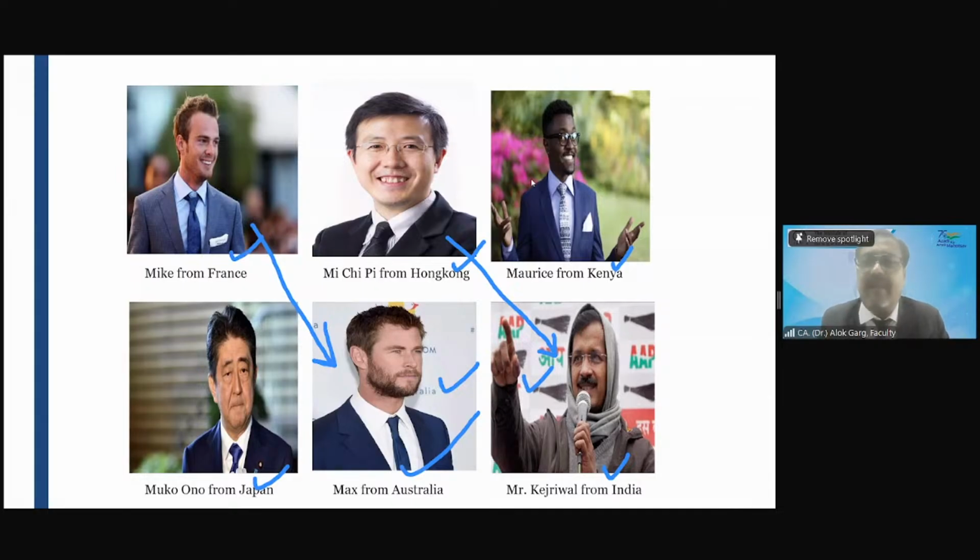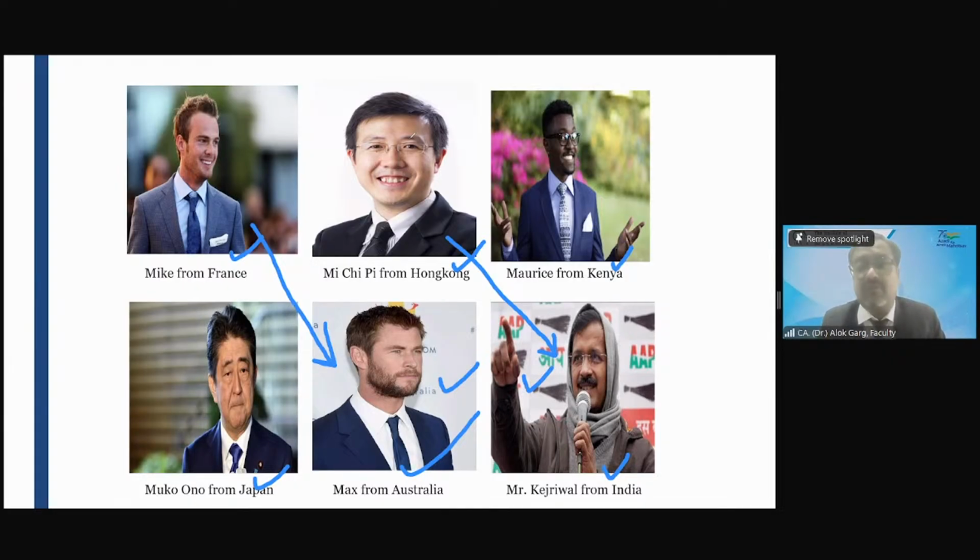So whatever name I have taken, don't you think in all these names the prefix is common? And what is the prefix? Prefix is name of the country. Prefix is name of the jurisdiction. Do you agree with me or not? Indian GAAP, India. French GAAP, France. Australian GAAP, US GAAP, UK GAAP, Pakistani GAAP, Chinese GAAP, Japanese GAAP. In all these words, prefix is common. Name of the country, name of the jurisdiction. So friends,